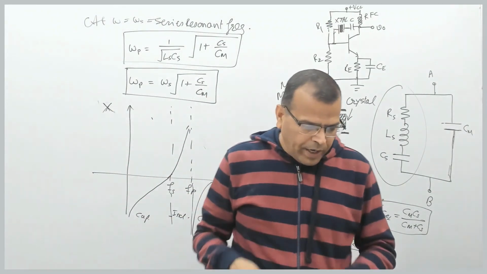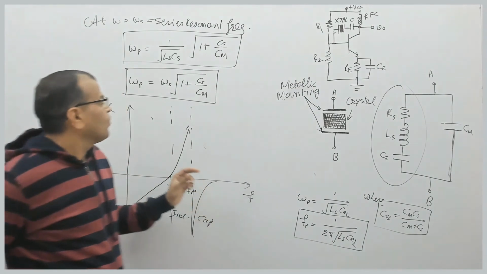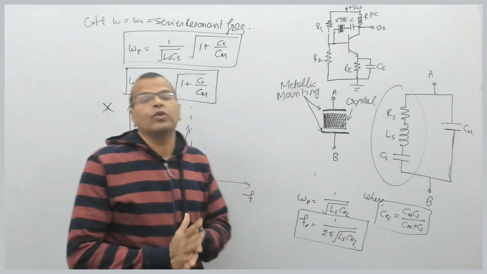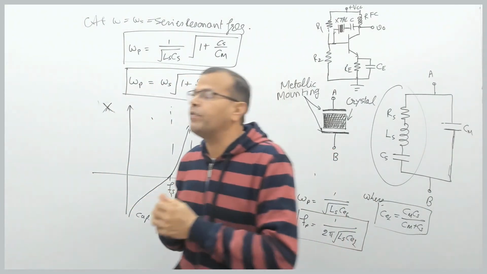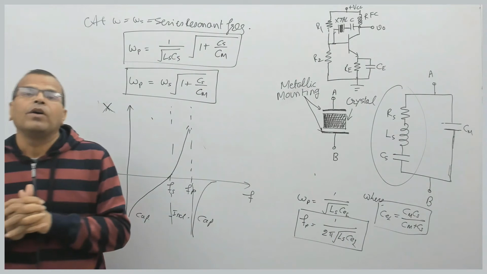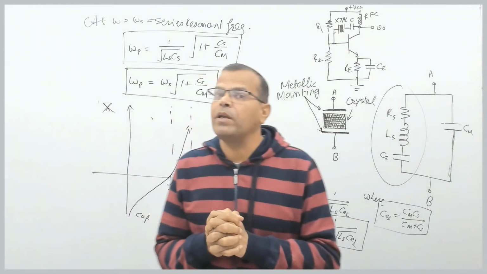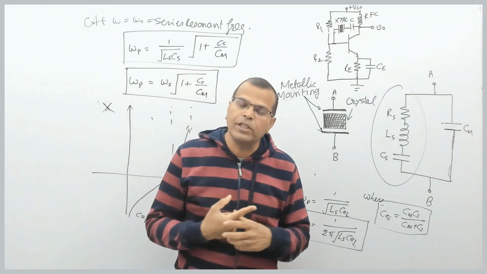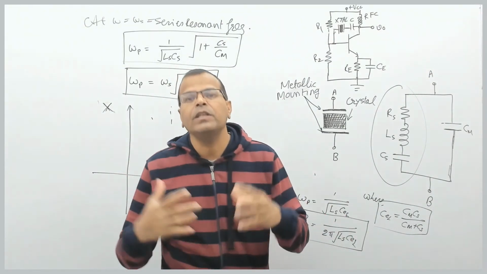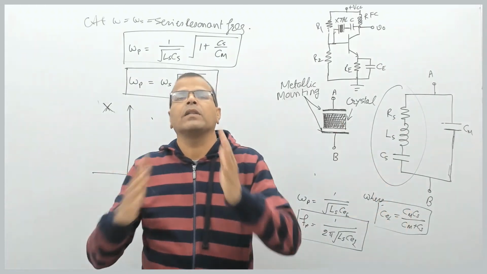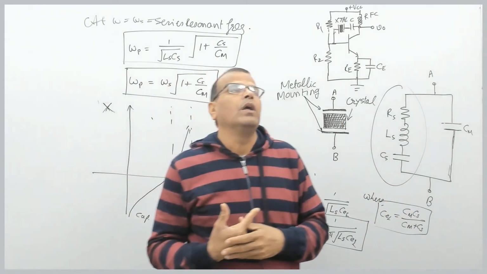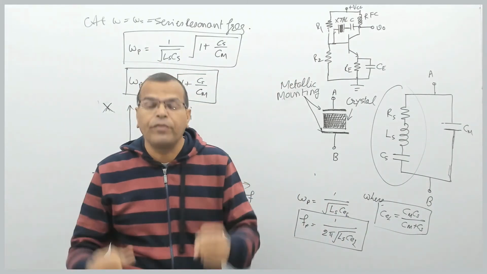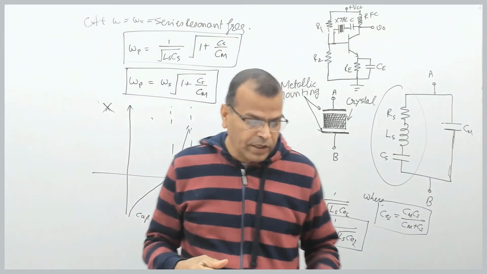So now I repeat, here omega p is more than omega s, but these are very close to each other. So the circuit can work in resonance at either of the frequencies, but you should know a quartz crystal can be in sustained oscillations at either series resonant frequency or parallel resonant frequency, but parallel resonant frequency is more than the series resonant frequency too. This circuit gives very highly stable oscillations in the frequency range of megahertz, right?